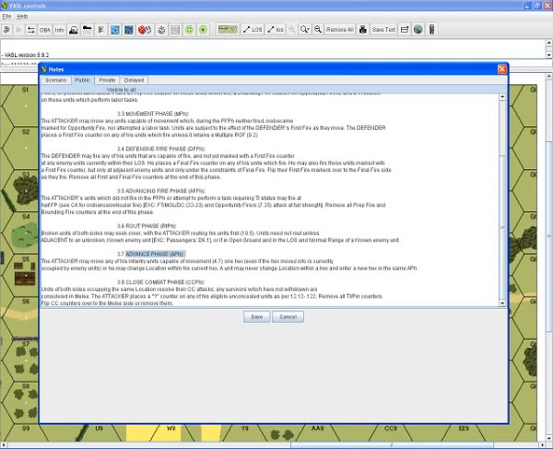Advancing phase, the APH. In that phase, the attacker may move any of his infantry units capable of movement 1 hex, or 1 location if it's movement within the same hex. So the attacker may move all of his infantry units capable of movement 1 hex or 1 location if it's within a current hex. So basically they get a little reposition at the end of the phases here. And most likely what you do during the advance phase is use your units to advance